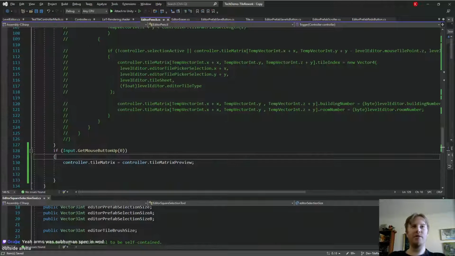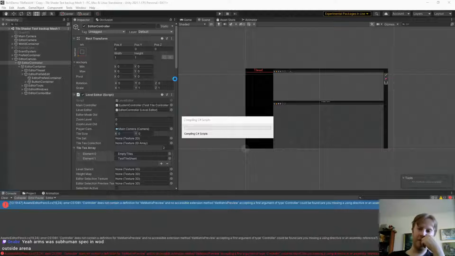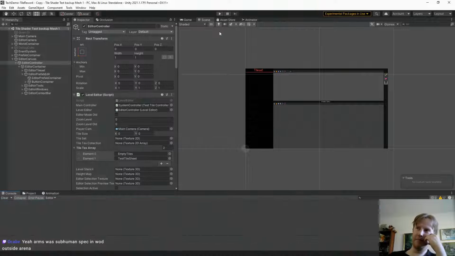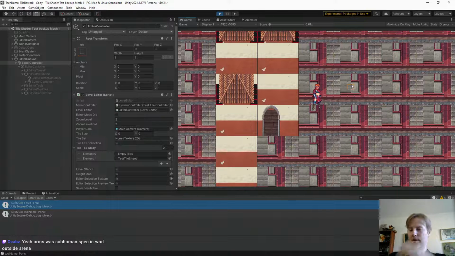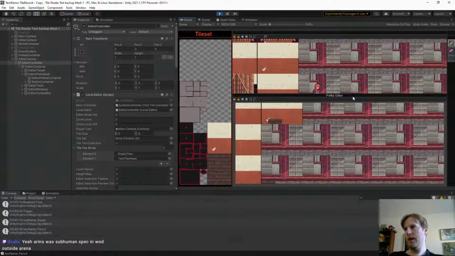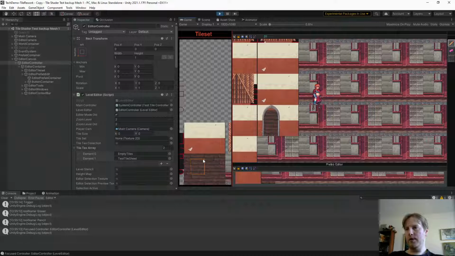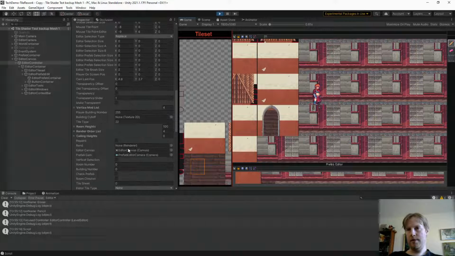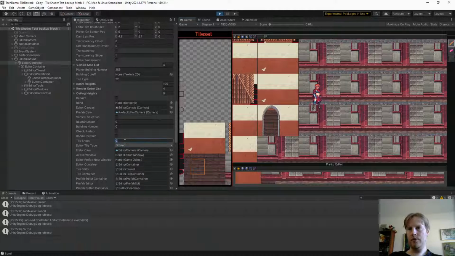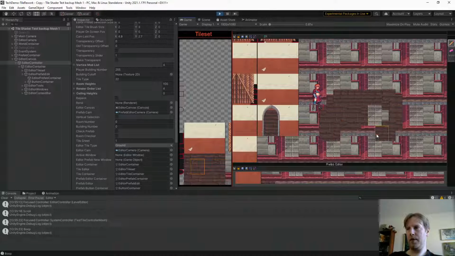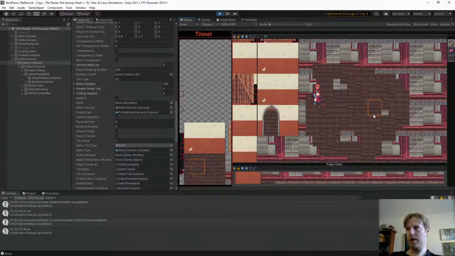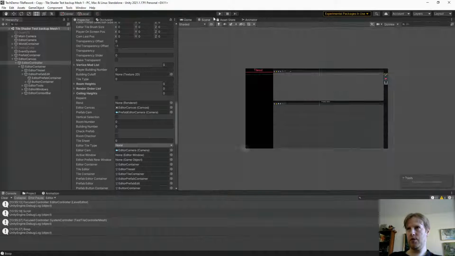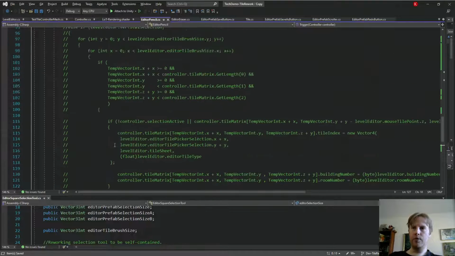Alright, let's see if this works. If this works, I'm just gonna go and take a nap for the rest of the day. There's no way this is gonna work. Alright, so we pick those tiles, and then we go down here, and set this to ground, tile sheet 1, and then we draw a little bit. How does that work? Alright, and then we also do